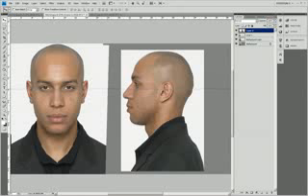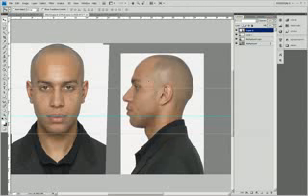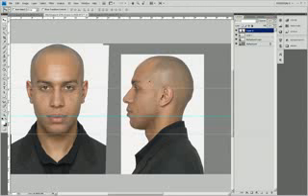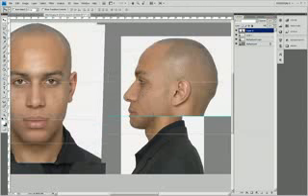So we'll just use some guides here. Just drag a guide down there from the ruler bar. We've got the inside of the eye there, the side of the mouth, and the chin. So there you go. We've got three sort of lines which we can now use to align this image to the front. So I'll start off just by setting it up so that the inside of the eye is in